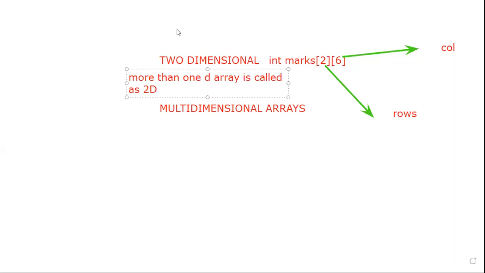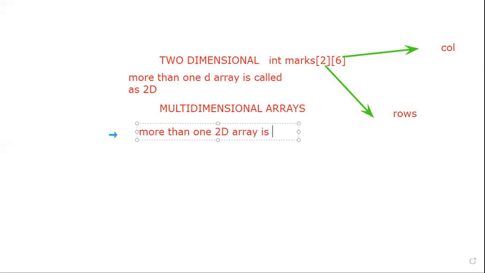At the same time, more than one two-dimensional array is called a multi-dimensional array, right?